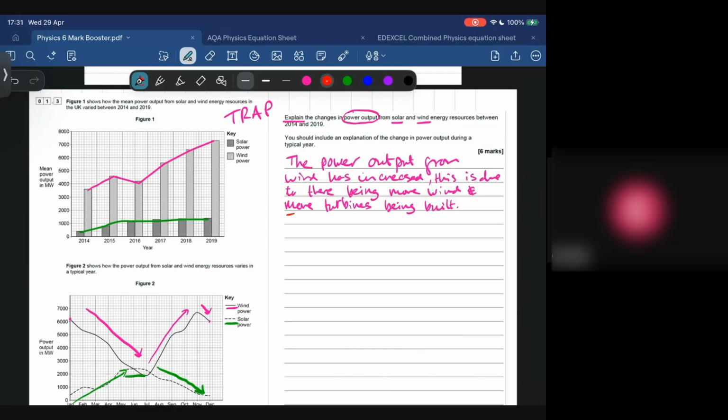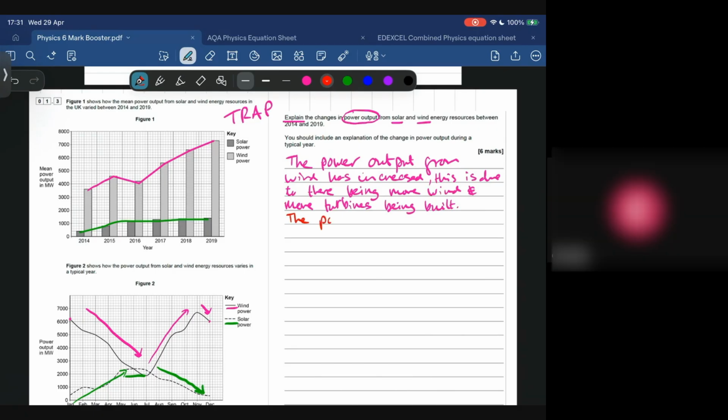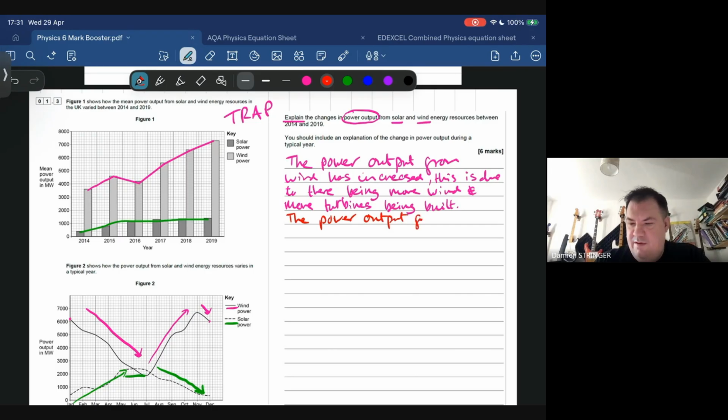There's more wind turbines getting built. About solar power, sorry. There's more getting built, like placed. So the output from solar has increased slightly. It's not a lot, is it? So we just put this is due to it being sunnier, maybe,